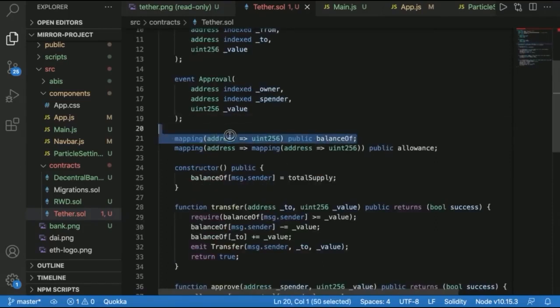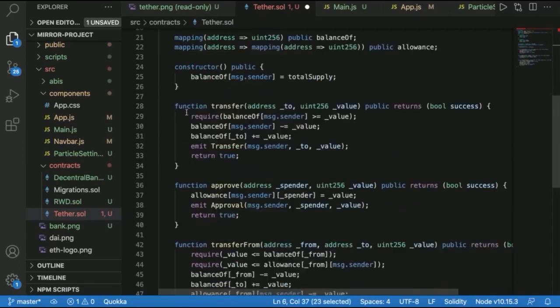Okay, then we create some key store values with our balance. So we can keep track of the balance of each address, and we can do the same thing for the allowance as well, which is checking through the address of each one and then mapping what that is. And I accidentally did something weird there. Okay. We set up a constructor over here where we set the balance of, and then we have our transfer